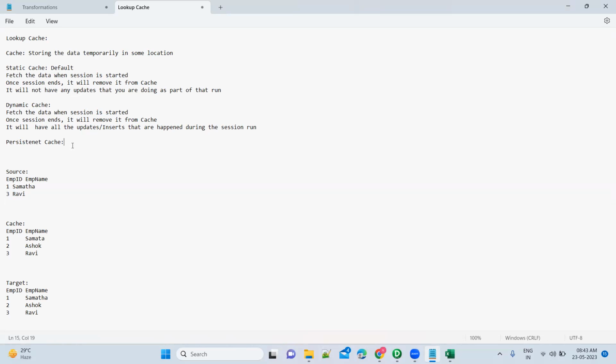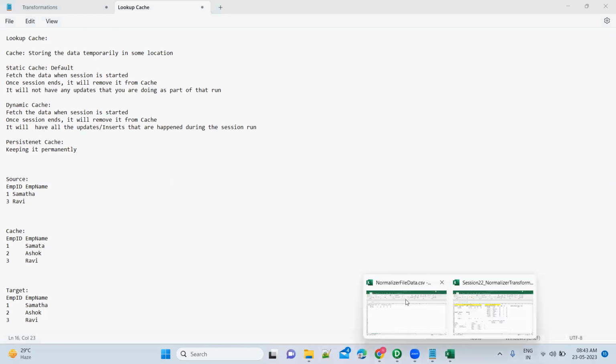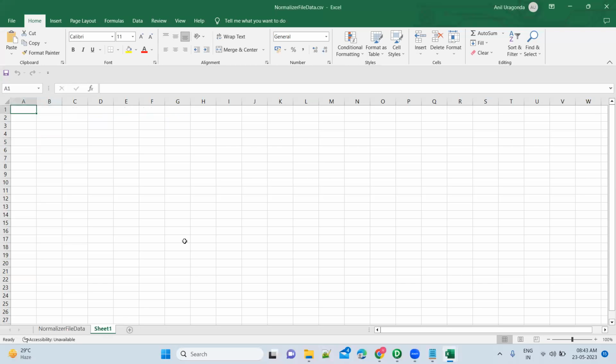So what is persistent cache? Persistent cache means keeping it permanently. For example, you have a date table. In the date table, is there any chance that the data will get updated every time? Inside the date table, for example, you have date, day, weekday, day number,